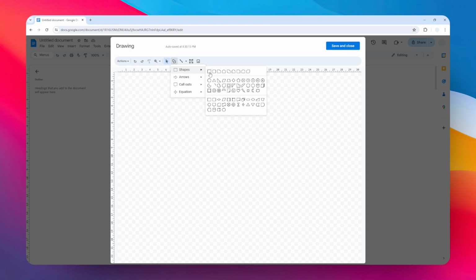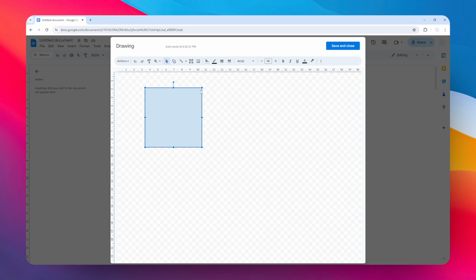So let's click on the shape again, and I'm going to hold the Shift key on my keyboard. Basically, this will make sure that my drawing is going to be perfectly square like this. Okay. And then if you want to change the color, you can click on this icon that says fill color,